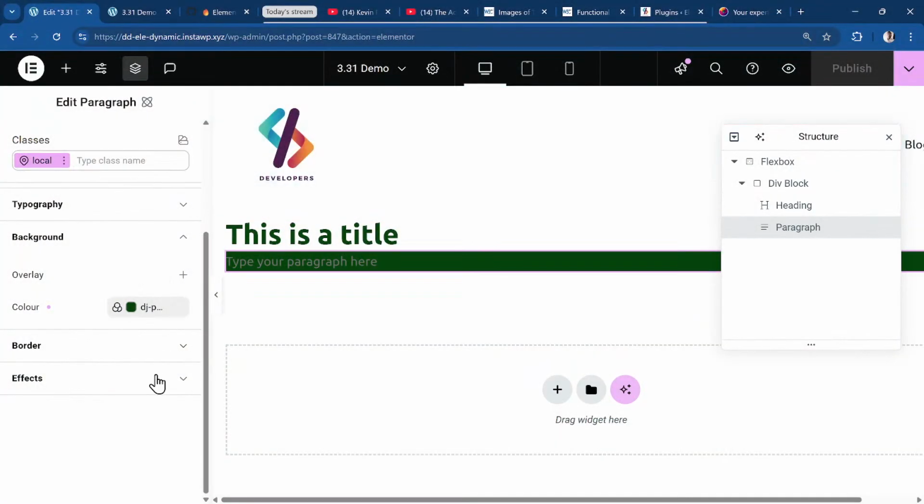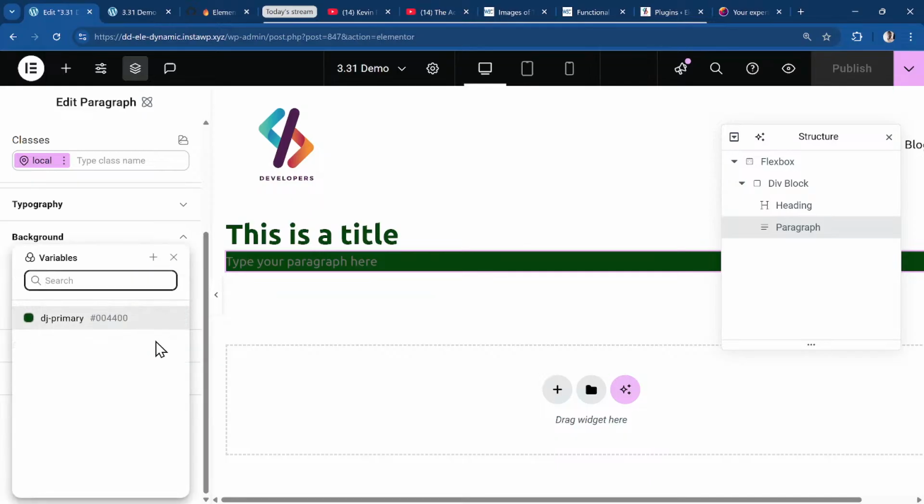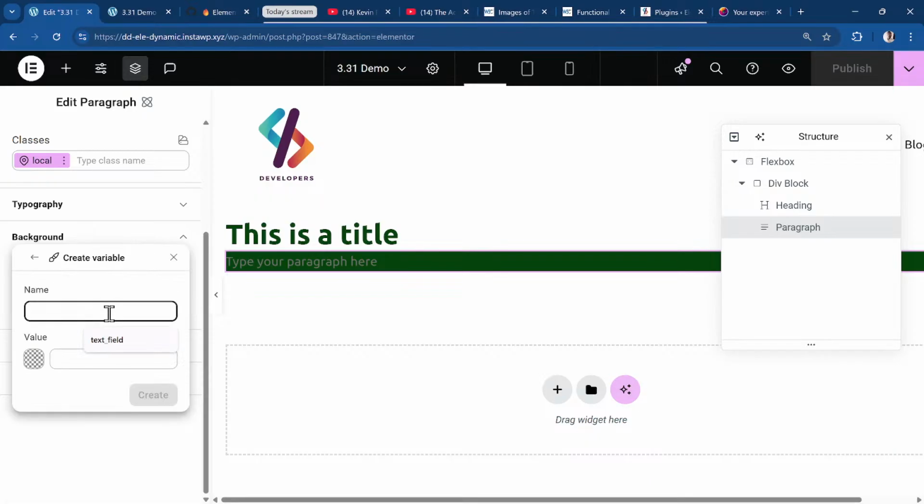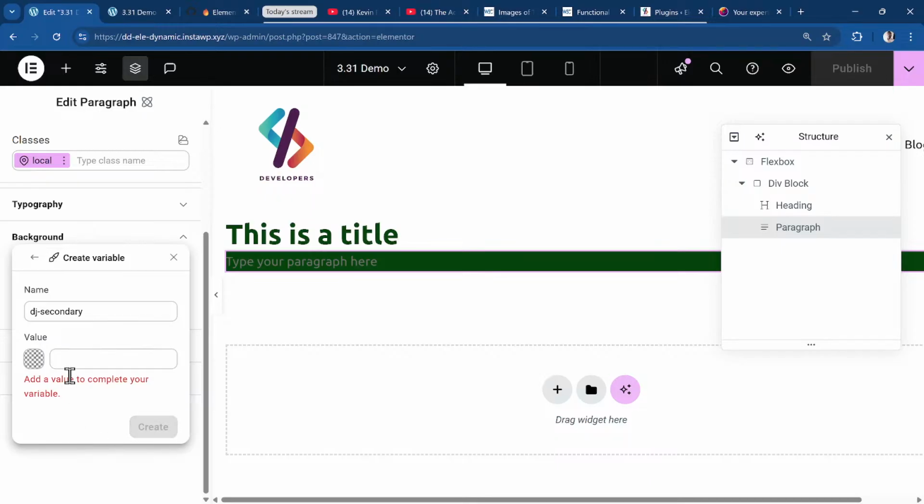Okay. So let's go ahead and create other variables. And let me see if I can even put a variable in a variable. Let's say I create a new one. And this one is going to be called maybe DJ secondary. And let's see if I can put the value as a var again. Var DJ primary. Let's see. Create. Okay, so technically,